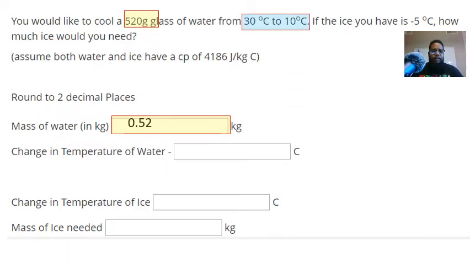For the change in temperature of the water, I'm going from 30 degrees Celsius to 10 degrees Celsius. Therefore, I'm going to subtract final minus initial. So 10 minus 30, that is going to be -20. Now, when you're answering the question in the quiz, what you need to notice is that